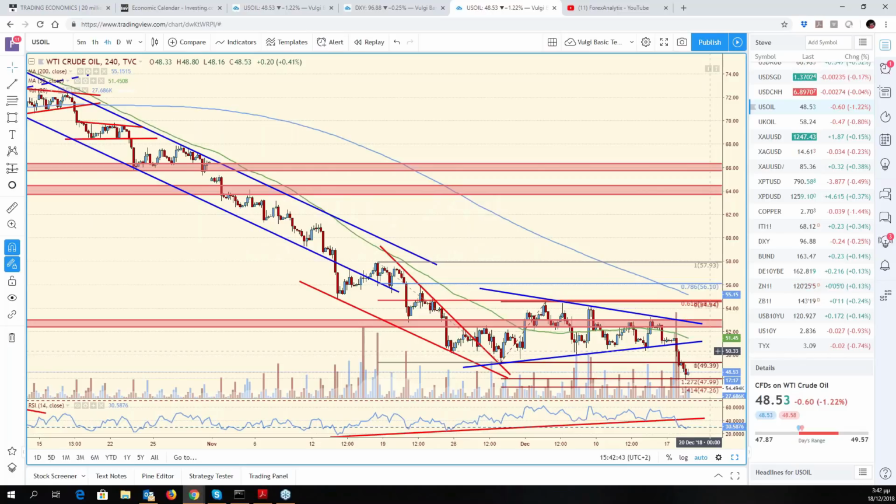Helicopter money is more or less the opposite of QE, because they realized that QE has the problem of creating asset bubbles. So then the alternative theory was, okay, why don't, instead of trying trickle down economics, meaning giving the money at the top of the pyramid and hoping that that's going to trickle down, why don't we do it from the bottom up? Meaning, for example, give some big tax cuts to lower paid people, or outright credit their bank accounts with X amount of money. So trying to stimulate the economy from the bottom up. So more or less of a socialist policy, or universal basic income, for example. All of those methods